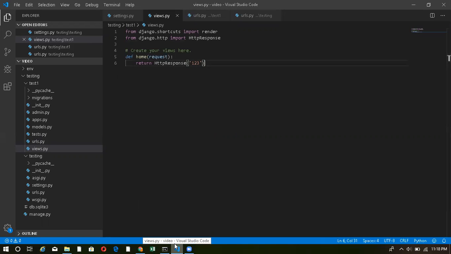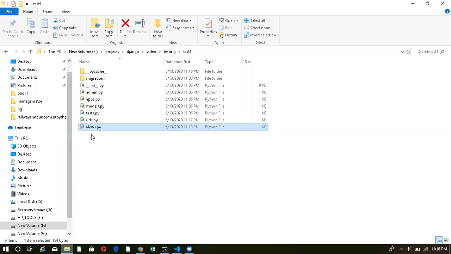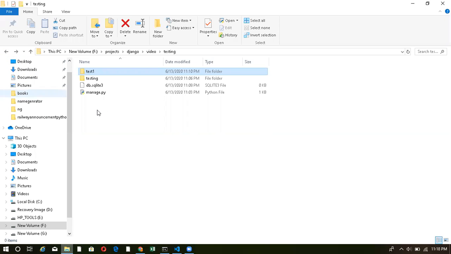Now, basically, after this, I have to tell you how we can work with render. So before working with render, I have to show you how we can actually use templates. So basically, what is a template? A template is another folder that we should keep inside our base directory.